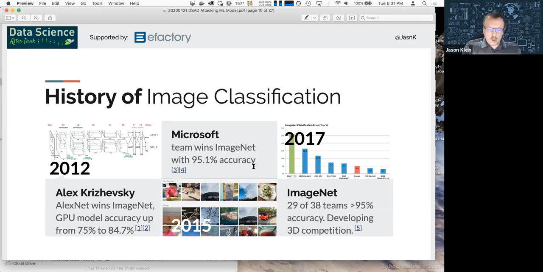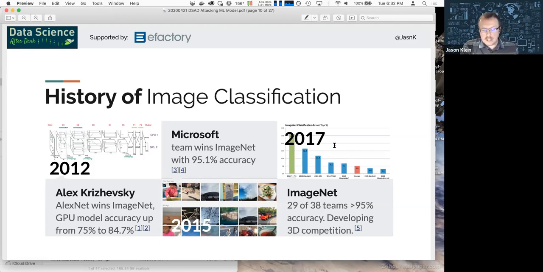Microsoft had a team that won ImageNet 3 years later, or 5 years ago, and their particular model had 95% accuracy, which in and of itself is already obviously an improvement over AlexNet, but is also a huge win because they estimate that humans are able to gauge accuracy of images within 94 point some percent. So at this point, this was the first time where an image classification model was considered potentially more accurate than most humans.